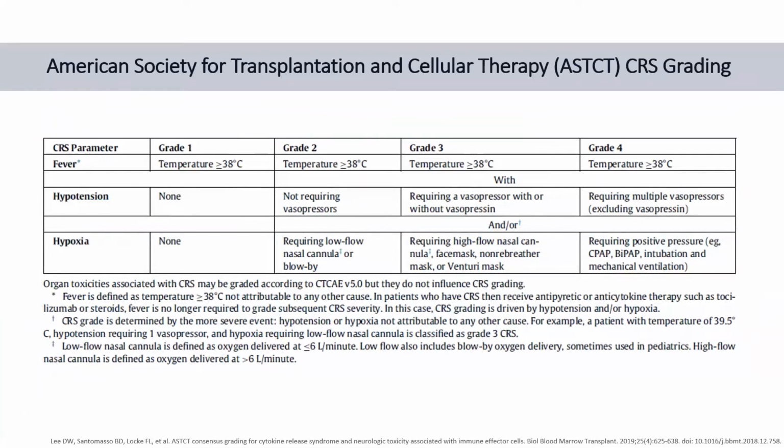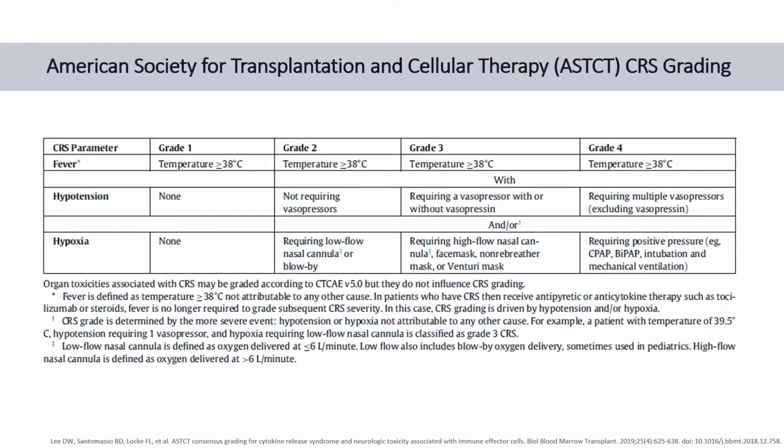So treatment decisions that are going to be made for CRS will be dependent on the grade of CRS. There are at least a few published CRS and ICANS grading systems out there, and some common ones include the Lee criteria, the Penn criteria, and MSKCC criteria. There were a lot of differences in grading between these criteria, and so the American Society for Transplantation and Cellular Therapy, or ASTCT,